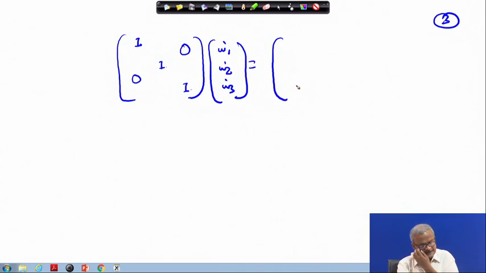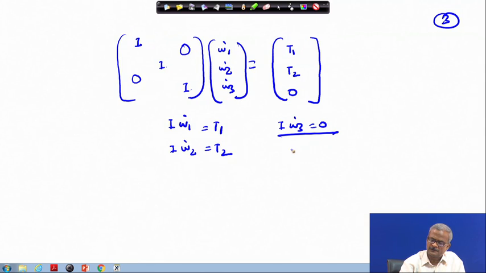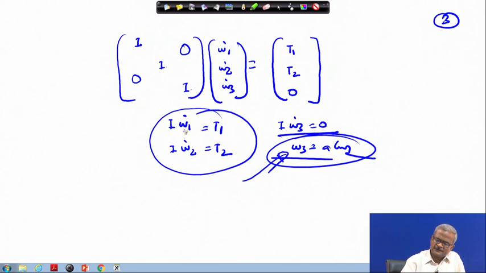On the right hand side, gravity gradient is not working here in this case, and disturbance torque, let us assume that to be 0 for the time being. So, you have T 1 and T 2 and this part is 0. So, what we get from here, I times omega 1 dot equal to T 1, I times omega 2 dot equal to T 2 and I times omega 3 dot equal to 0. So, what this gives me, omega 3 is a constant. That means, omega 3 you are not able to affect, angular velocity you cannot change along that direction. However, these two axes you can change the angular velocity.